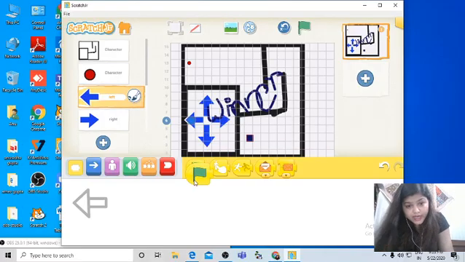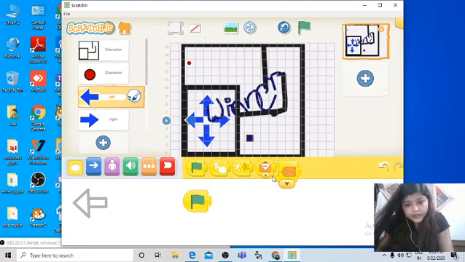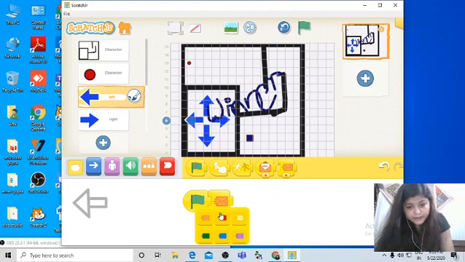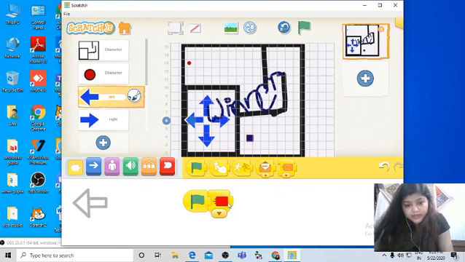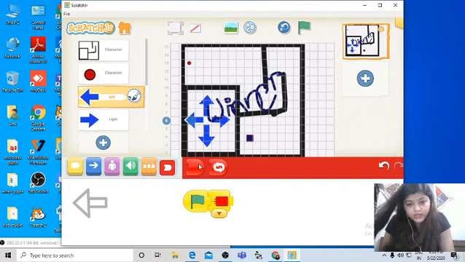So when the flag gets clicked, it will send some specific color signal, like you can see it will send some red color signal and then it will end here.